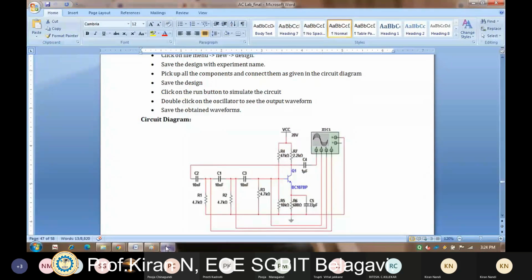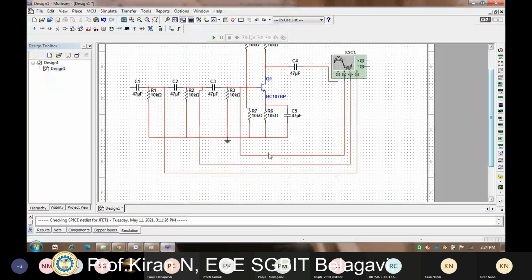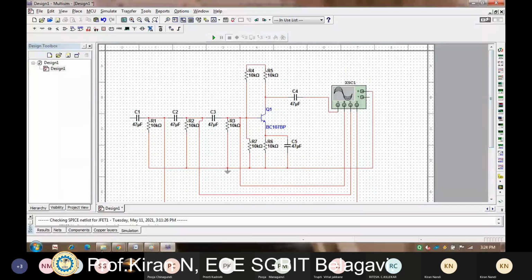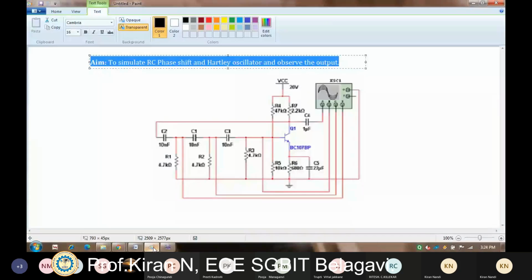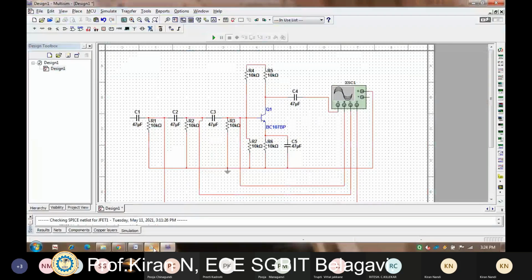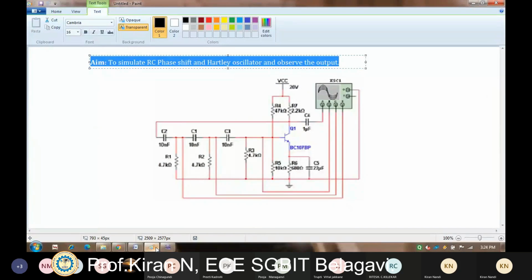So this ground, the ground of this CRO I have to connect it. So now this is over. So we'll just have a feedback connection here. So I have just connected a feedback resistor.